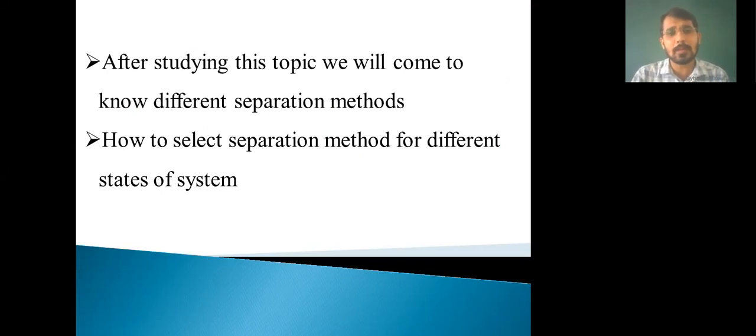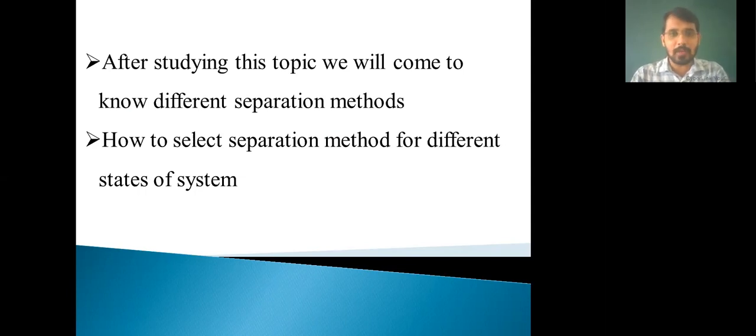But what are those separation methods? I already told you, and we have already seen all these methods in mass transfer: distillation, extraction, absorption and adsorption etc. In coming lectures, I am going to cover all these methods because an exclusive question based on those methods can be asked for 7 marks in your exam. Means explain all the separation methods with example, or how to select a separation method for different separation techniques.